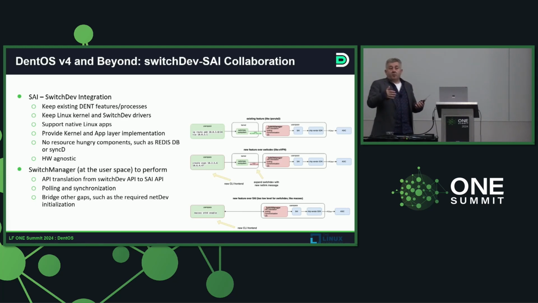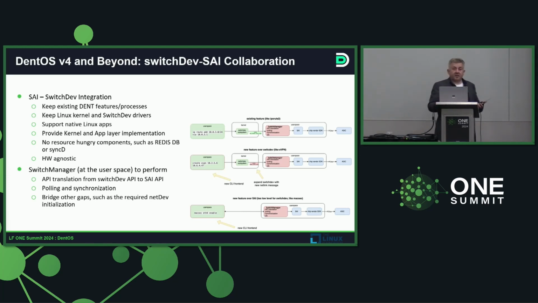This way, what we think is you can implement the functions in the kernel. You can implement the functions that you need in the application layer, or you just use the available applications for Linux itself. The transition happens on the backend for you. So you can use three different ways to integrate and communicate with the networking layer.